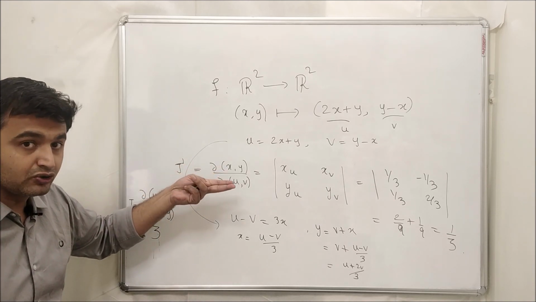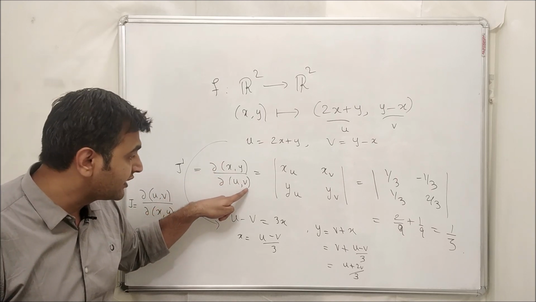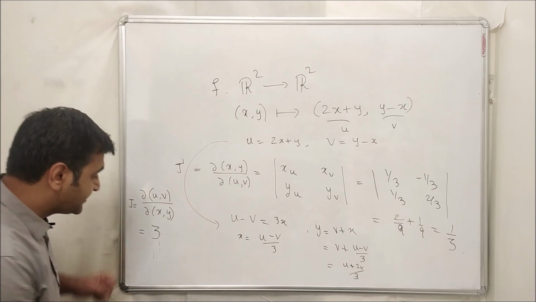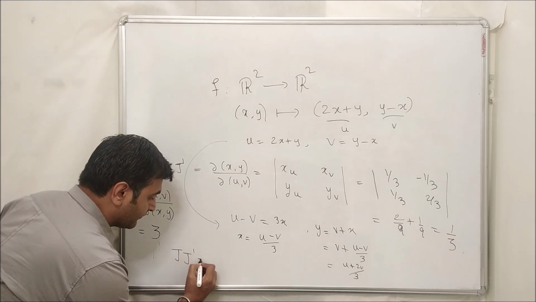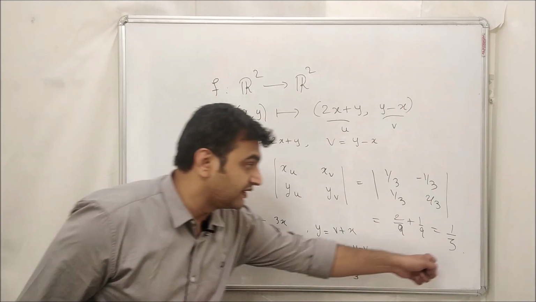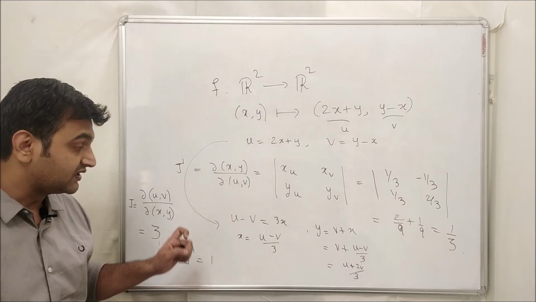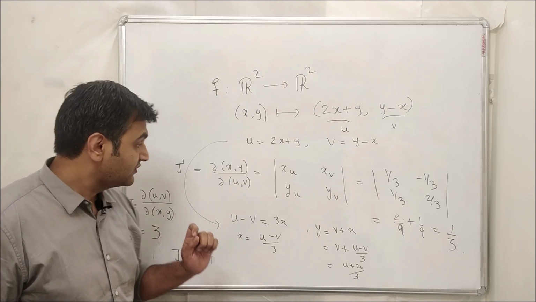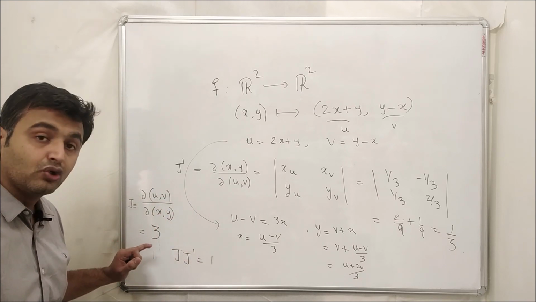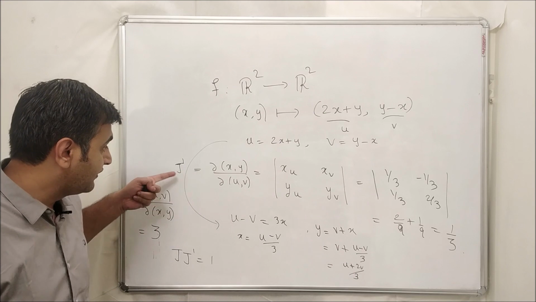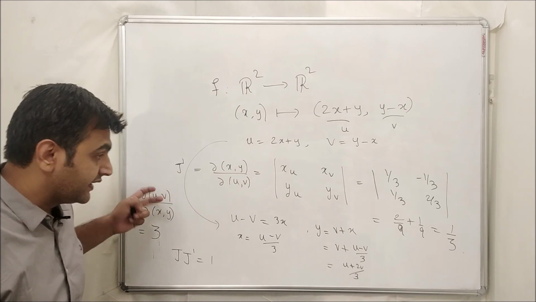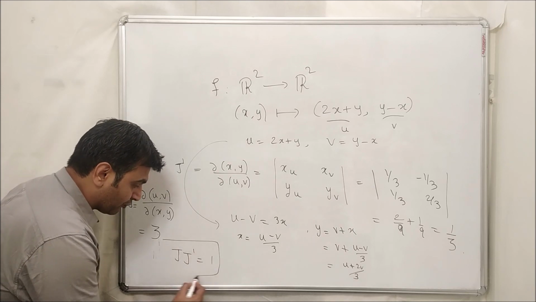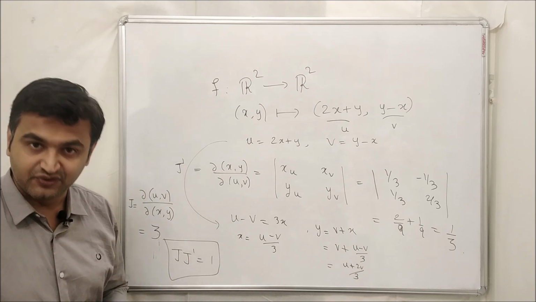You are interchanging the roles of x and y. Here u and v are dependent variables, x and y are independent variables. So what is J into J prime? 3 into 1/3 equals 1. So this is one of the very nice relations that Jacobian matrices follow. If a Jacobian is non-zero at a point, then its J prime has to be the reciprocal of this, because Jacobian matrices follow this property wherever it is non-zero.